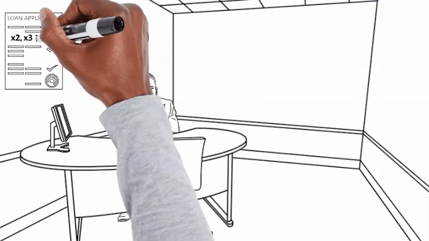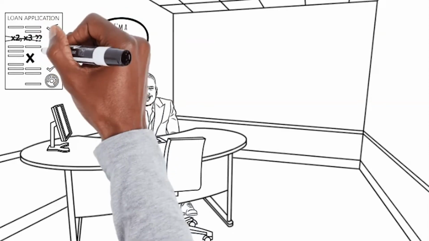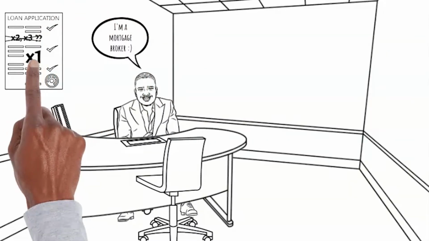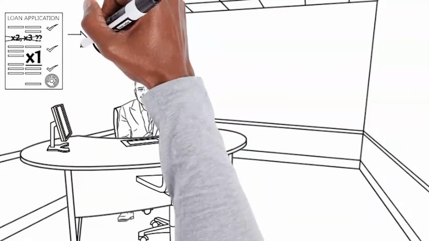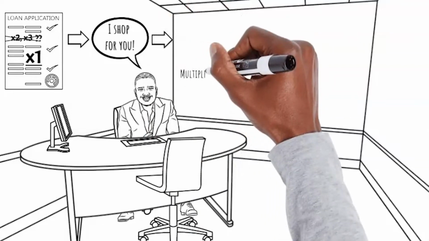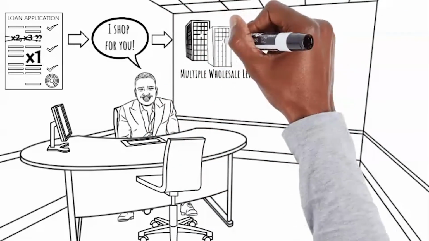And that's not bad advice, but what if you had someone do that for you with way more than 2 to 3 lenders to check with, only having to run your credit and application once? Well, that's what you get when you work with a broker like myself. I take you through the pre-approval process one time, and then I shop for you. I check with multiple wholesale lenders on your behalf, lenders who are all competing in the rates that they offer